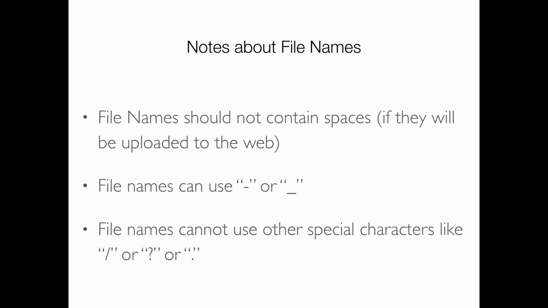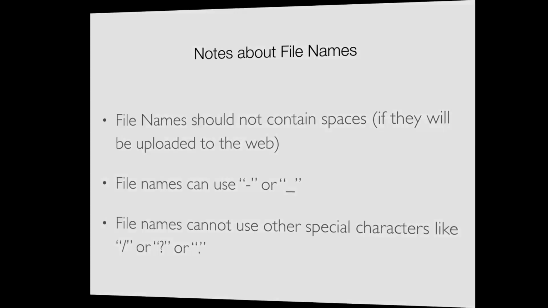The other thing is stay away from special characters. Don't use forward slashes, question marks, those kinds of things, because those mean things in computer programming languages. The period, for example: when you have a file name and then you have a period, whatever comes after the period tells the computer, the operating system, what to open your file in. If you have .jpeg, it says, oh, well, I should open it in whatever the default photo editor is. If you have .something in your file name, the operating system can get confused. You've probably had this happen before, where it doesn't know what to open it in. It pops up, what do you want to open this file in? So if we add extra periods, that's problematic too. So we stay away from special characters.